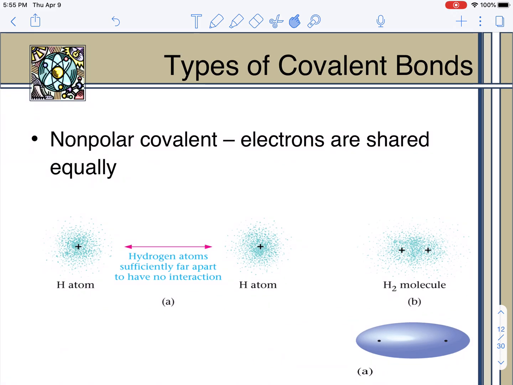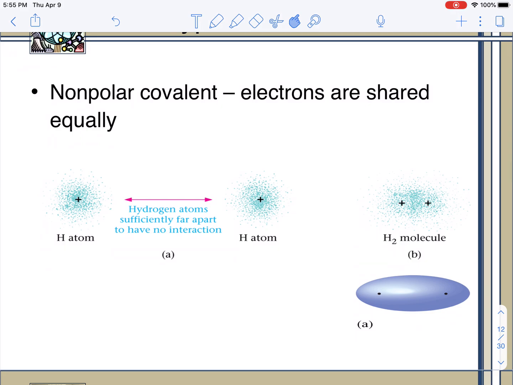So, in a non-polar covalent bond, we have a situation where electrons are shared equally. Let's imagine that you have a twin, right? And you and your twin are identical in every single way. And you're actually identical in how much you like ice cream, which is shocking. I don't know how anyone could like ice cream more than me personally, so I'm not sure how this would work. But regardless, let's say that you have a twin and you both like ice cream the